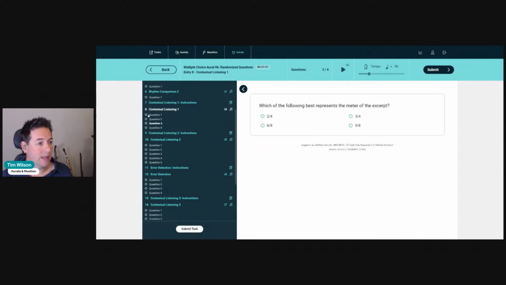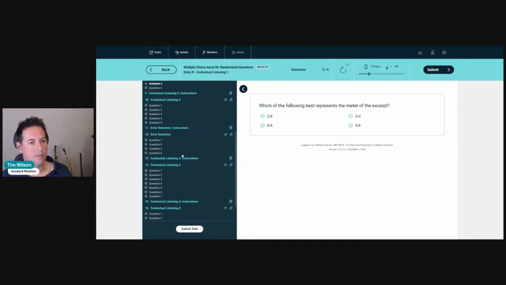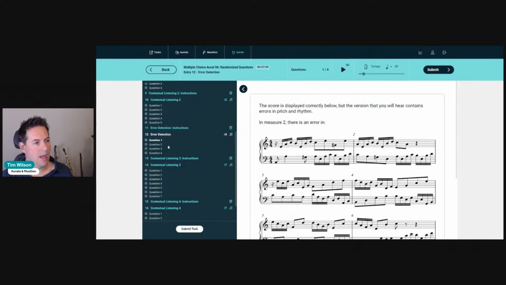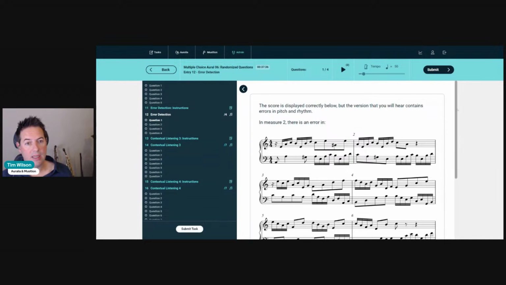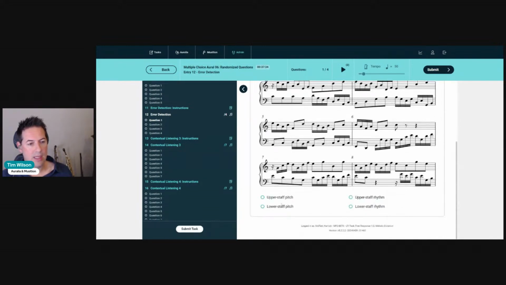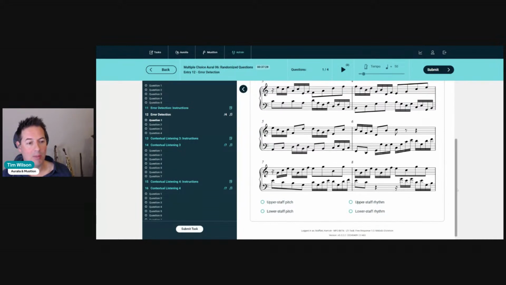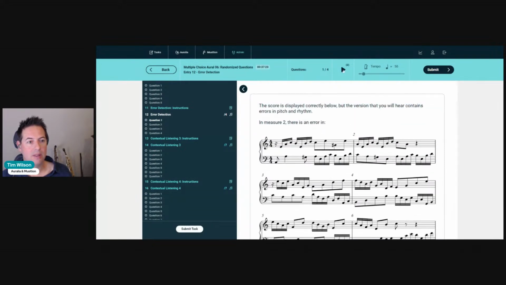And so on. As we click down the rest of this entry, you'll see that all of these are based around the same excerpt. Okay, now moving into some error detection. Of course, down in this particular question, we have to identify where an error has occurred. Upper staff pitch or rhythm, lower staff pitch or rhythm. So in measure 2, there is an error in